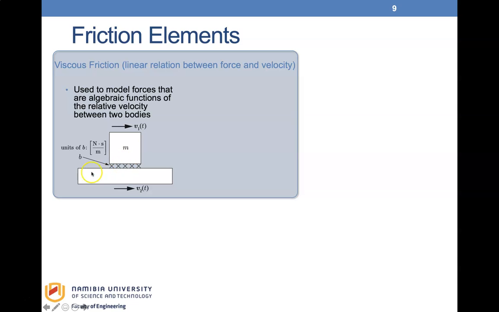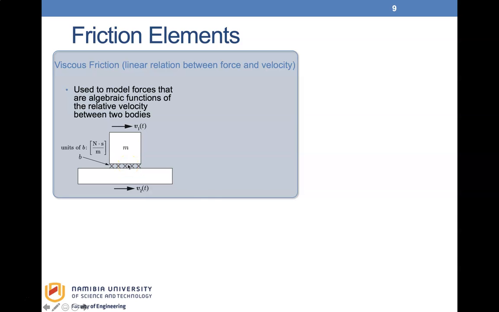you have the mass, which is moving on a fixed body, but between the two there is a friction that is taking place, and this is represented as b, which is Newton second per meter. Sorry, this is Newton second per meter. This is the unit for the viscous coefficient. So this is how we model the mass on a fixed surface moving in this direction, where you have